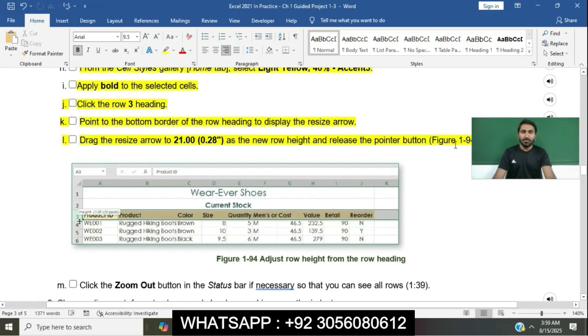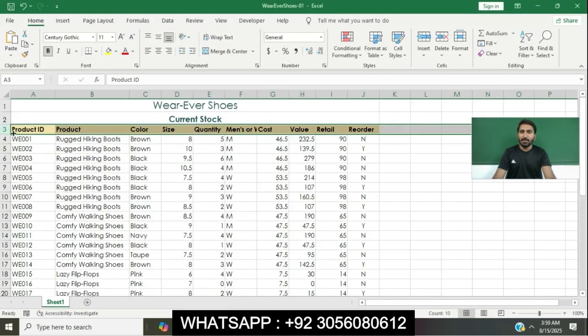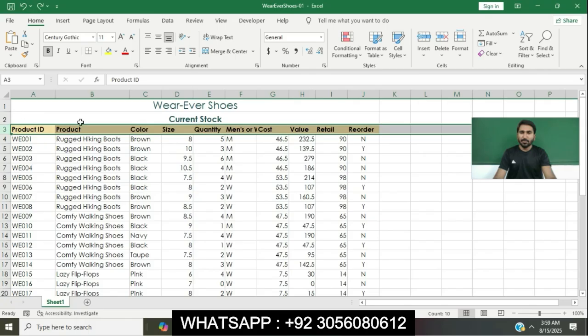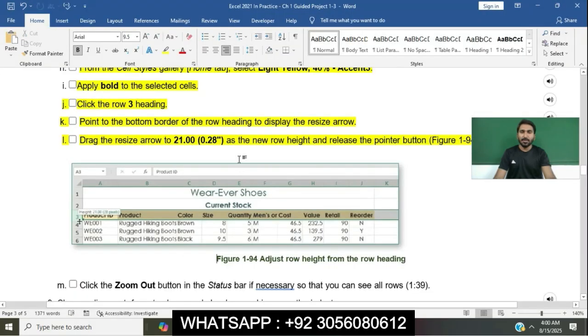That gives 28 pixel size for the row 3 cells.